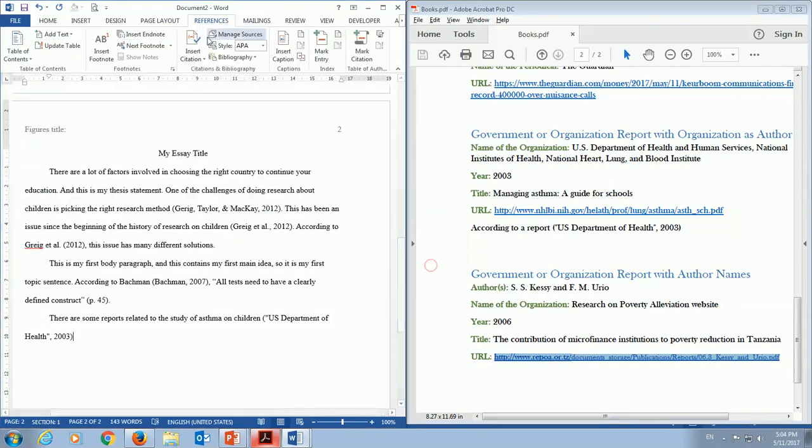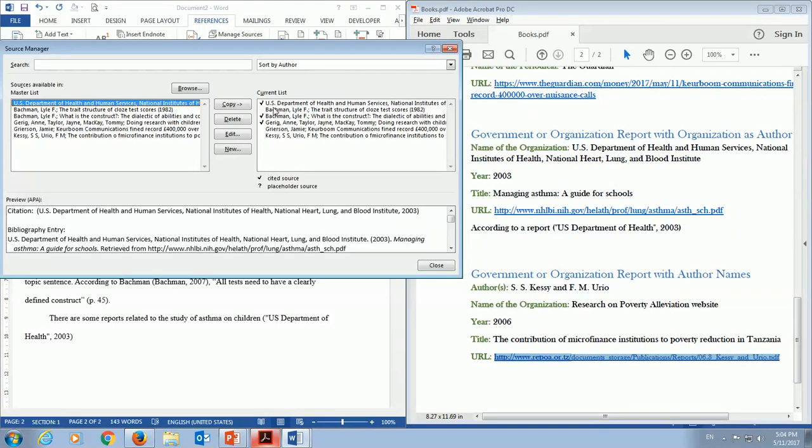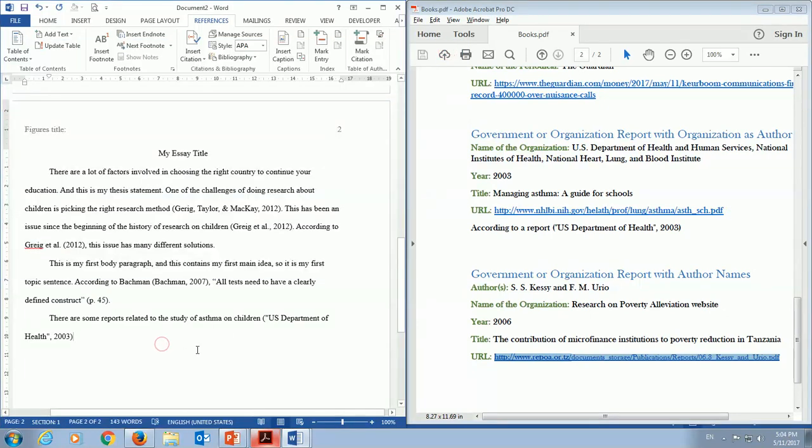Now, if you check your sources, you can easily see that you have used 3 of them in your in-text citation and not the 3 others. It means that these are extra and you have to remove them if you're not planning to use them inside your text. Now, when you finish writing your article, let's say that